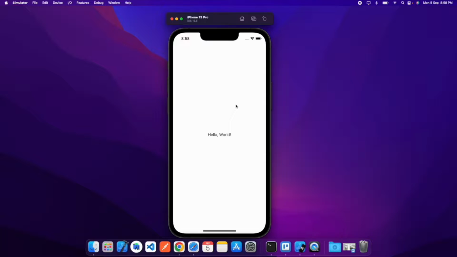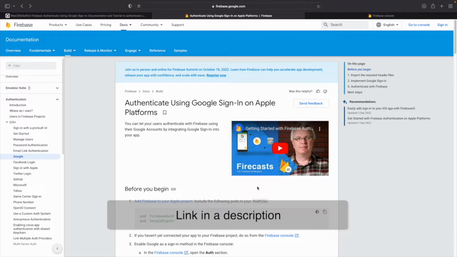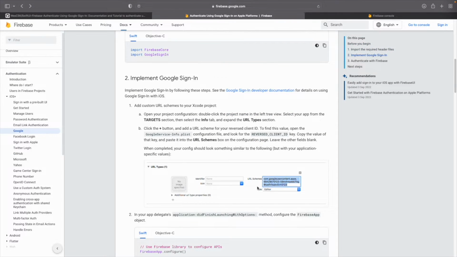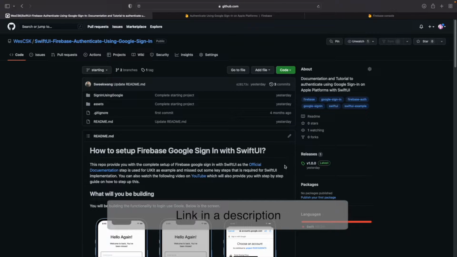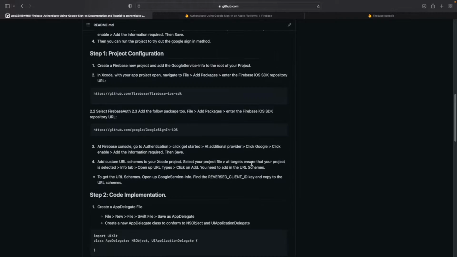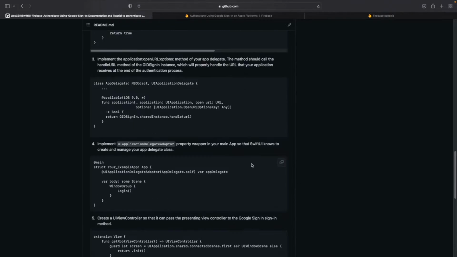Hello World screen. If we take a look at the documentation, Google provides us with a good and easy to follow guide. However, this documentation uses UIKit as an example. For those without UIKit knowledge, it might be hard for you to follow. However, if you take a look at my GitHub repo, I provide you with a step-by-step guide on how to do it with SwiftUI. For those who don't like to watch video, you can just read these and follow the